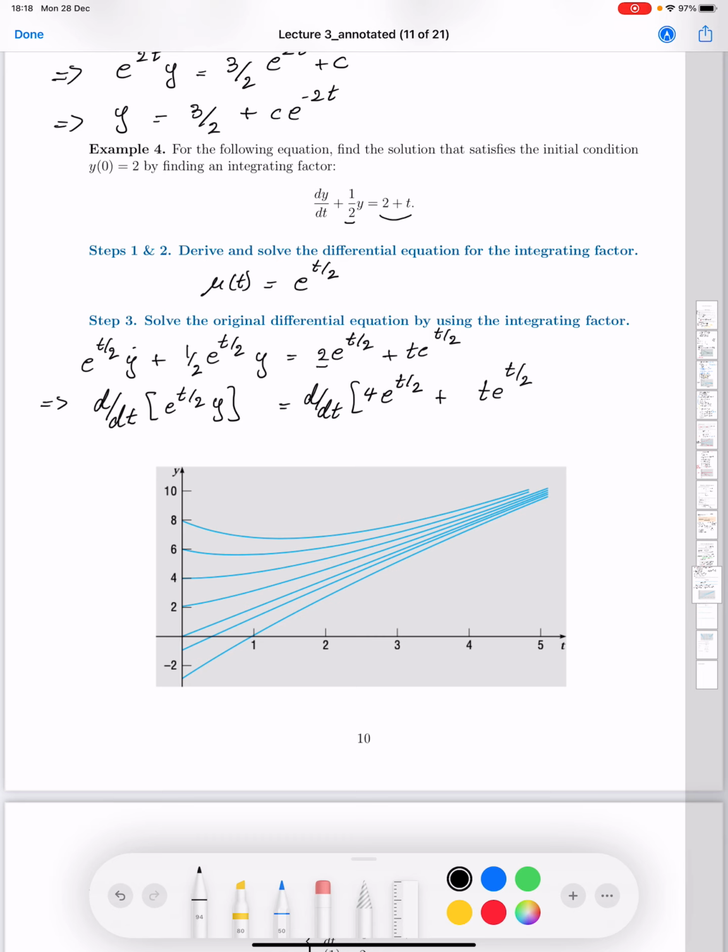You can try a constant a here, and then you will see that if you take the derivative of this, you will have a 1 times e^(t/2) term remaining. So you will need a second term, b e^(t/2),